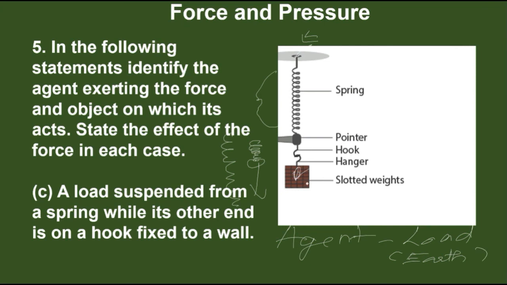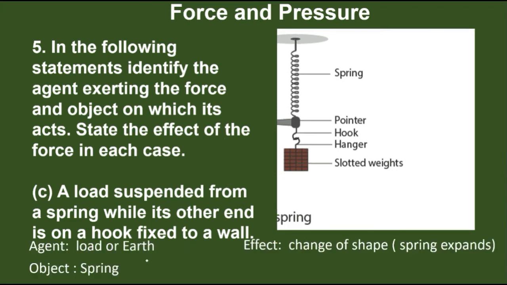But here you can write either earth or load. So load is applying a force on the spring, the object is spring, and then what happens to the spring? Again change in shape. So agent is load or earth, object is spring, and effect is change in shape. The next one is